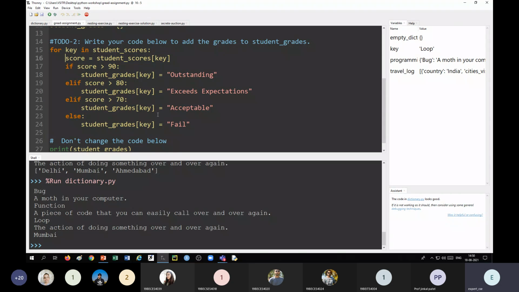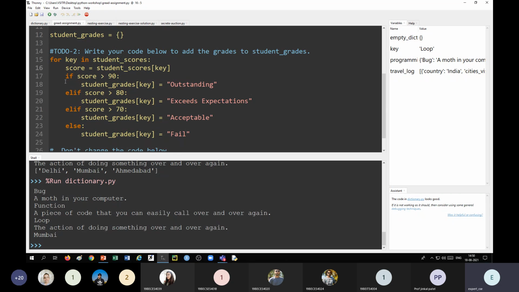Here we simply use if and elif. If score is greater than 90, we assign outstanding. Elif means it will go to elif only if it is not greater than 90, meaning it is less than or equal to 90. Elif score is greater than 80, meaning it is greater than 80 and less than or equal to 90, then we assign this value, and so on.